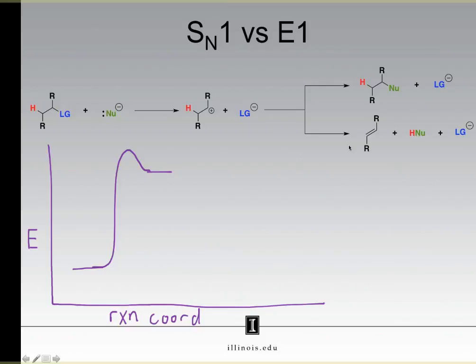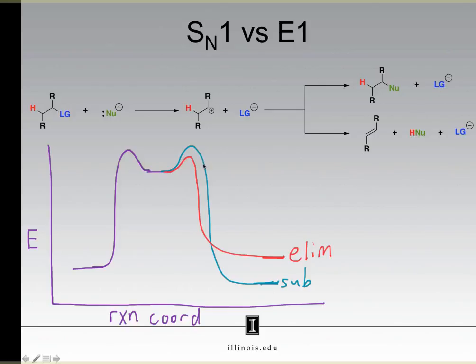The substitution product will be shown by this blue curve, and the elimination product will be shown by this red curve. Some product at the bottom for substitution, and some product at the bottom here for elimination. You know that in order to go from one part of a reaction coordinate diagram to another, we have to pass through this transition state here at the top of the curve. And that means we need enough energy to go from our starting position here, in this case our carbocation, to